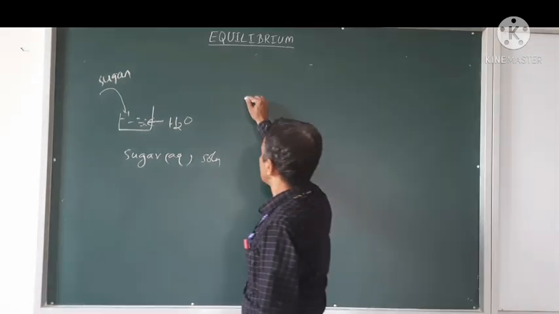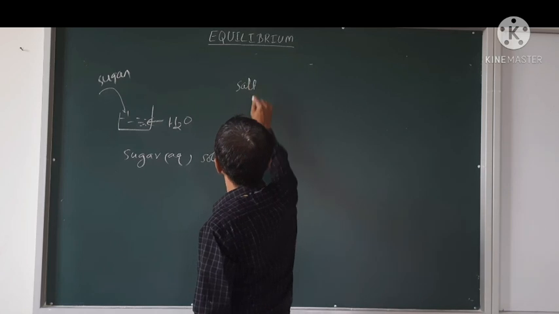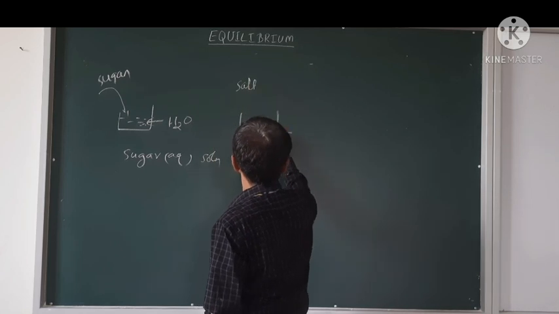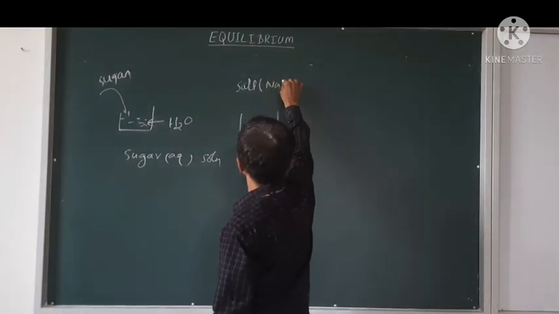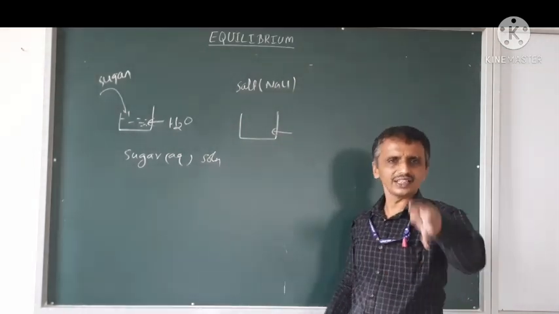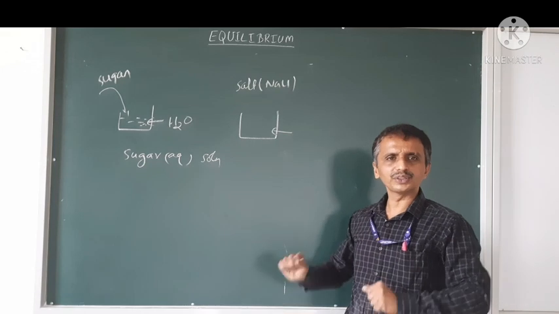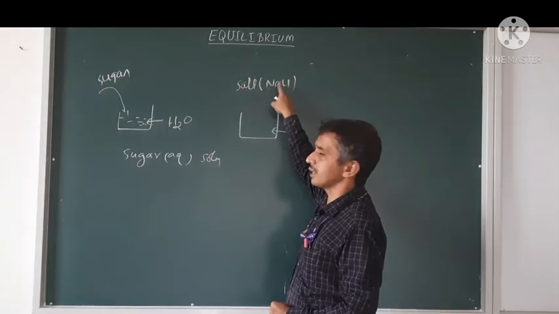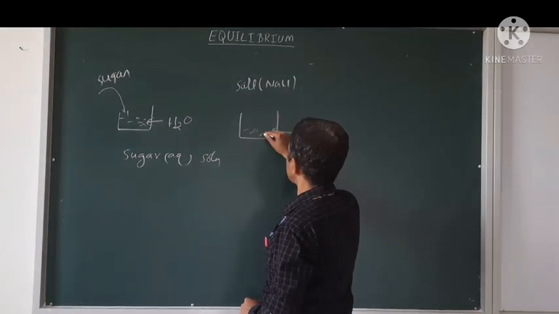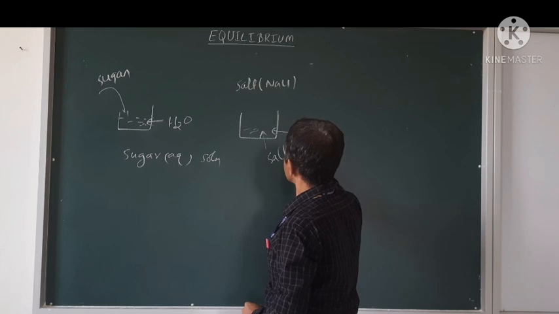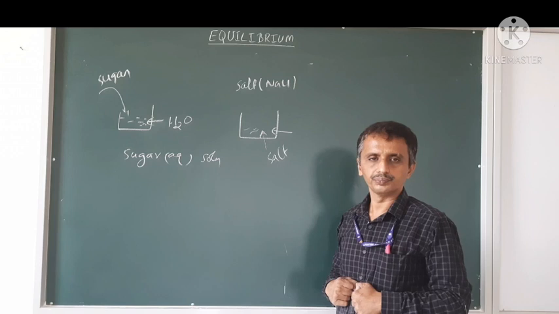Now, what I do is, I take a salt in a beaker. Salt means table salt I will take, NaCl. And remember, salt means not only NaCl, KCl is also a salt, barium chloride also a salt, barium sulfate also a salt. One acid radical, one basic radical should be there. Only then it is a salt. Is it going to conduct electricity? No.